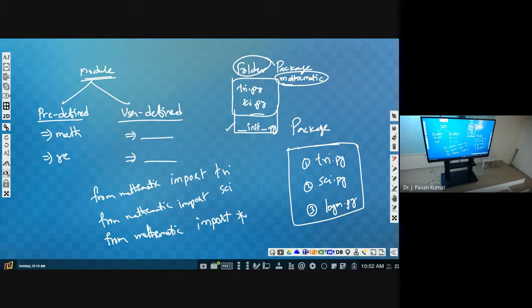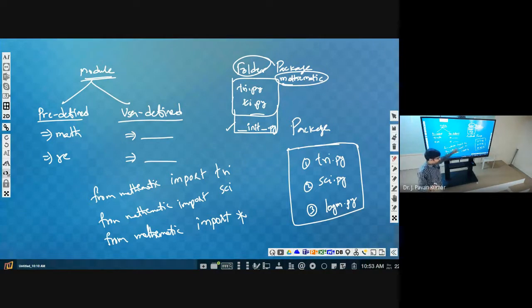Suppose you want to use a function. As we discussed earlier, we have to use math.sqrt, but we don't want to write math dot every time. What did we do? How did we import? From math import sqrt.